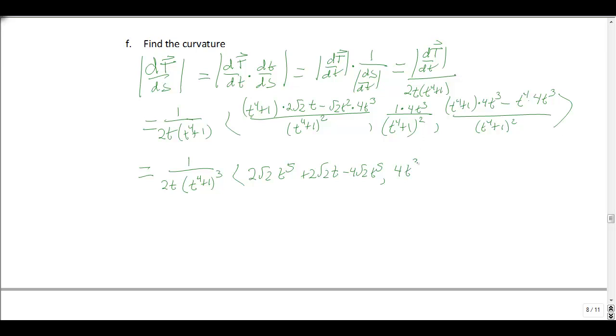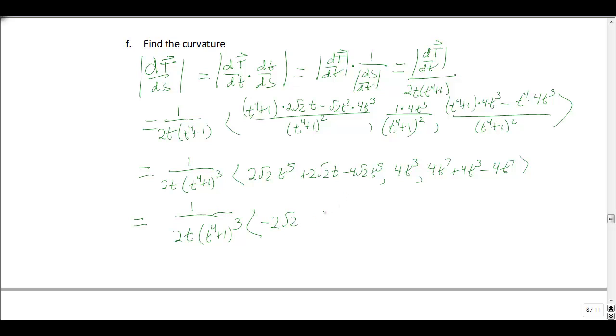I just get a 4t cubed in the y component, and I'm going to get 4t to the 7th plus 4t cubed, and then a minus 4t to the 7th. And so what we get, 2t times (t to the 4th plus 1) cubed, and we'll have